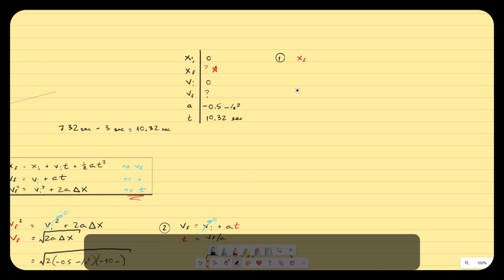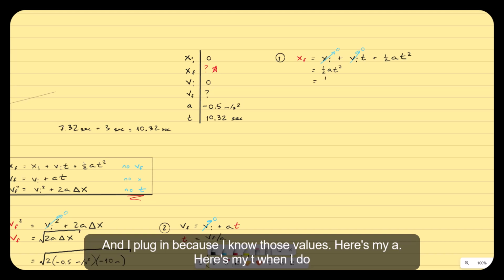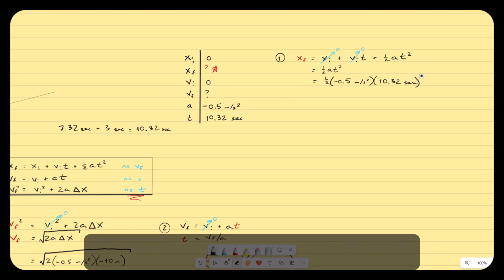X final equals x initial plus v initial t plus half a t squared. My x initial is 0, my v initial is 0, so just half a t squared, and I can plug in because I know those values. Here's my a, here's my t. And when I do that, I get